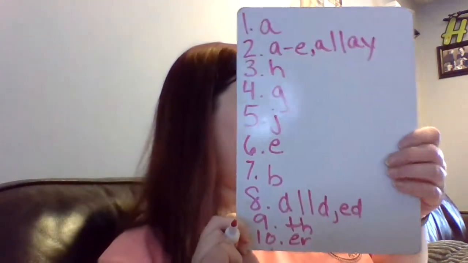And then we're going to move on to our new digraph. Actually, we're not going to do that quite yet. I forgot we have to spell a couple words first. Sorry about that. We're going to spell on number 11. Also, this is where our A makes the sound. Also, A,